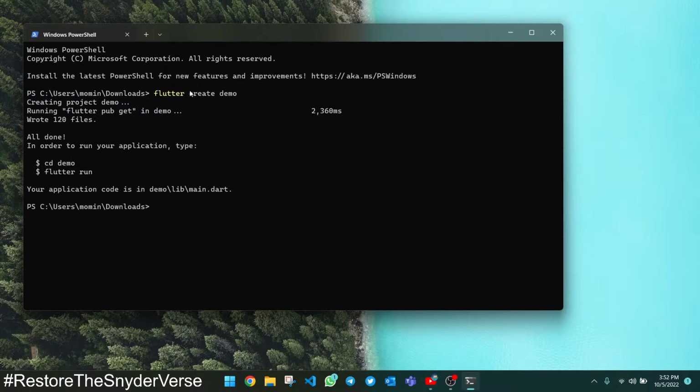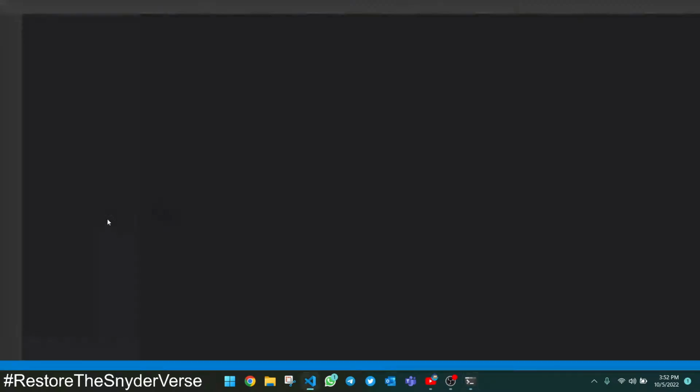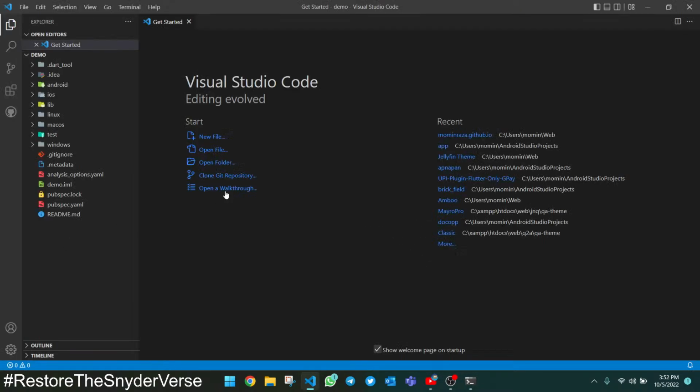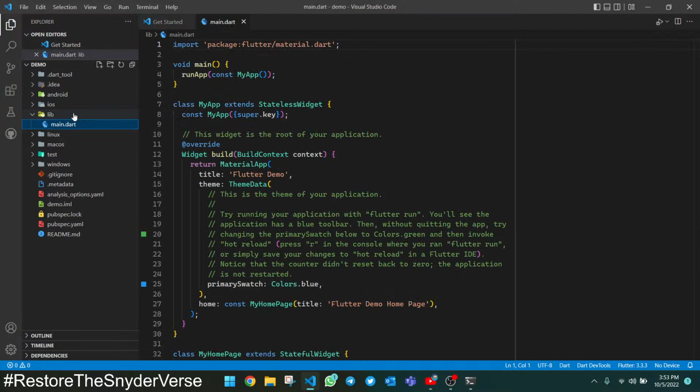Okay, Flutter project is created. Let's go to the demo folder itself and open it with VS Code. Now our project is opened with VS Code, and here is the main lib file. Okay, now let's try to open it with